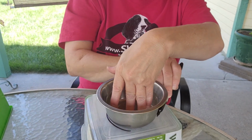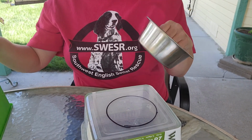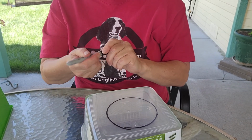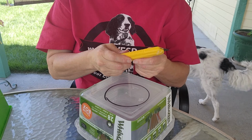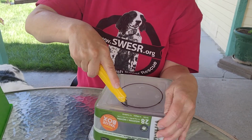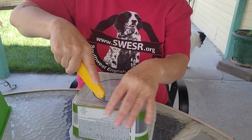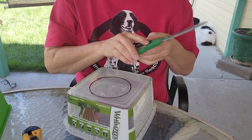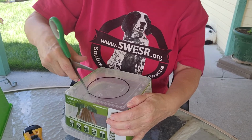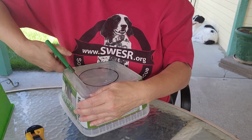Made a circle around the outside of the bowl in the center of the box. And you want the bowl to sit in it, not on top of it, so it's got to be a little bit recessed, but not too much, because you don't want the bowl to fall through or be wonky in it. Then I just took a knife and kind of scored it where I want it to go around the black mark that I made, all the way around. Pair of scissors. And these are not all that sharp, so